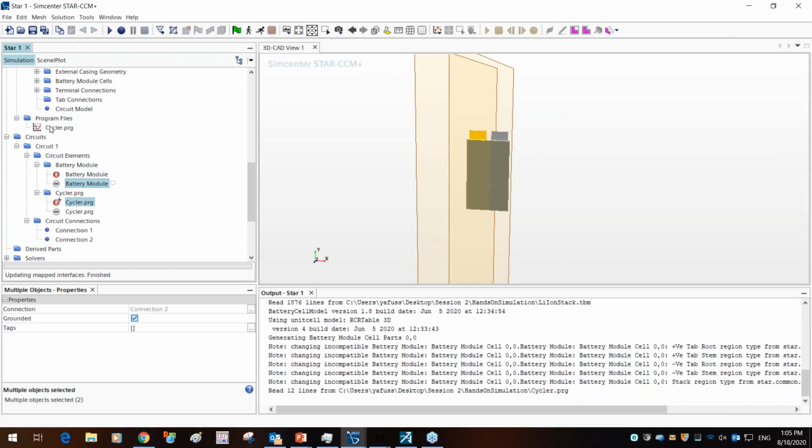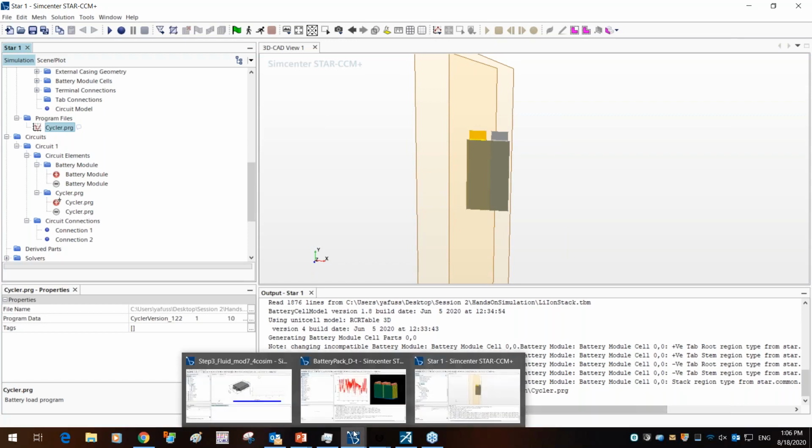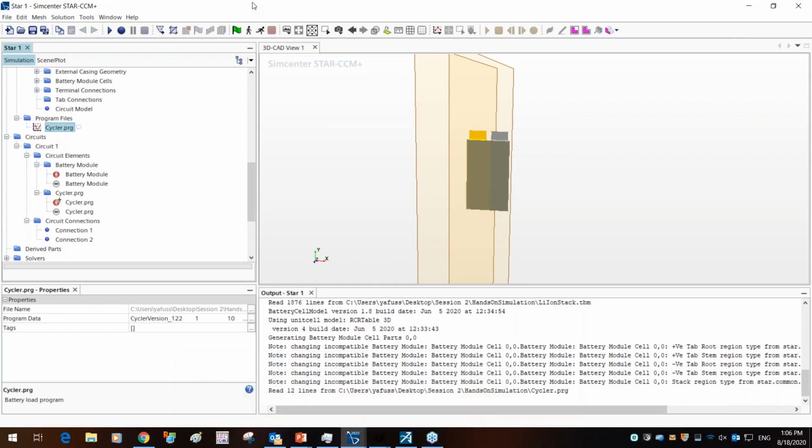Essentially what we have just done is connect this cycler program that we created for discharge to that battery module. So we've already completed setting up the entire simulation. All we need to do now is mesh and solve the case. So let's go back and do a quick review of what we just did.